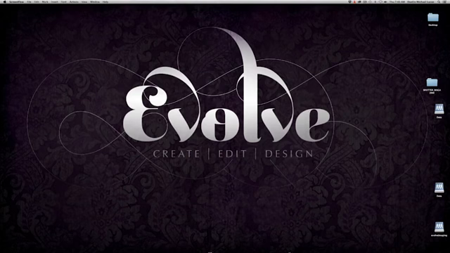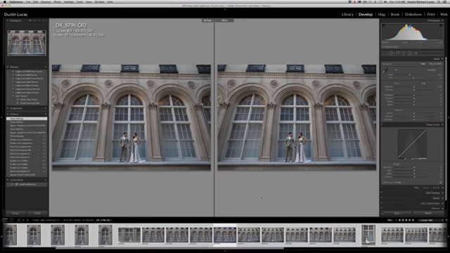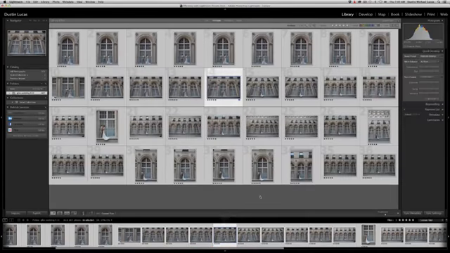You might be thinking to yourself, well, I don't use presets in my workflow. How are they going to work for me? I'll tell you that if you're interested in cutting your editing time in half, you definitely want to tune into